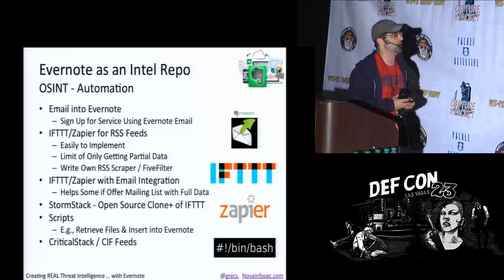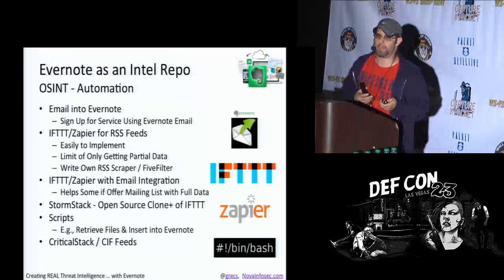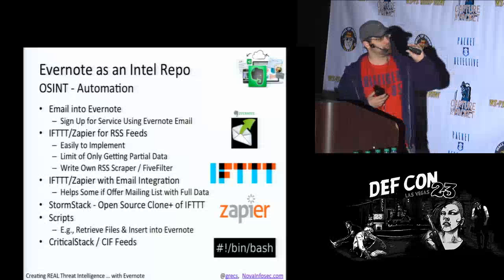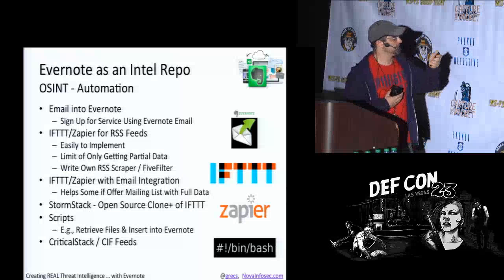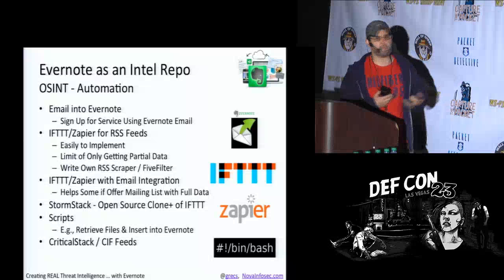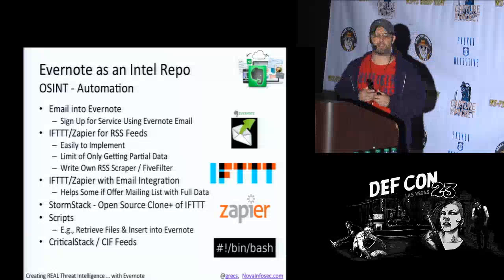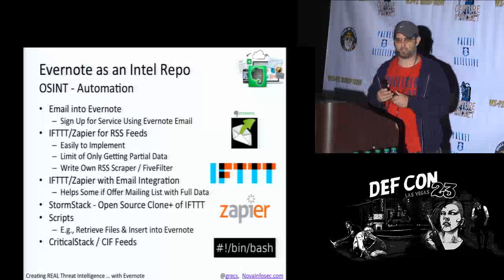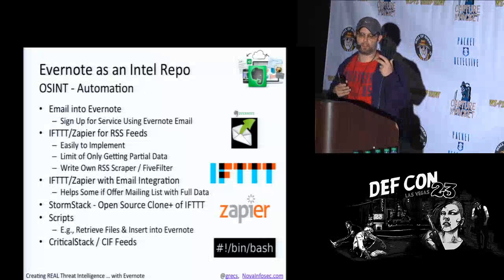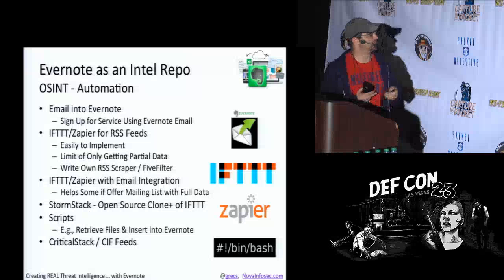So the question is how do I automate this? Well, I'm lazy, right? I didn't want to manage my whole system, so at least initially I tried to use some simple methods that were out there first. Evernote has an awesome way of getting stuff into it. You literally just email whatever you want. They give you a special Evernote email address that no one else knows, and you just mail it to yourself. And depending on the data that you put in the subject, that varies what notebook it goes into and what tags to add to it.